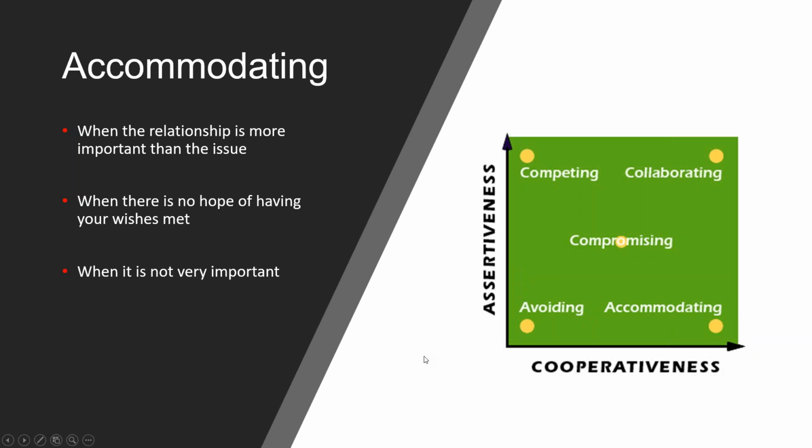And most importantly, if it's not very important to you, then why would you be digging your heels in? There are plenty of things in the workplace that we don't need to deal with. So why are we getting involved in all sorts of things that we can't actually resolve? So just let it go. It's not worth it. It's just something that's not worth even entertaining.